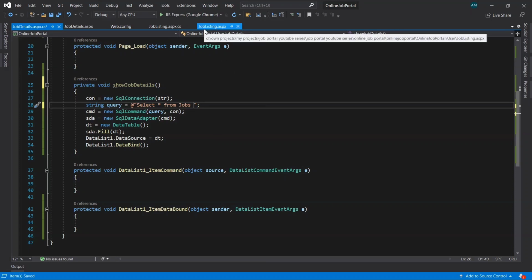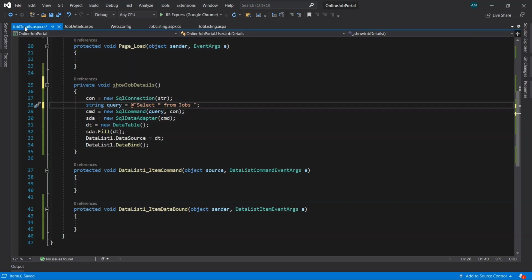When we click on a particular job, it takes us to this job details page, right? From there we are passing the job id, so we have to take that job id here from the query string. From that id we're going to display the job details here, right? For that we need to write one condition where JobId, that is the column name, equals @id.